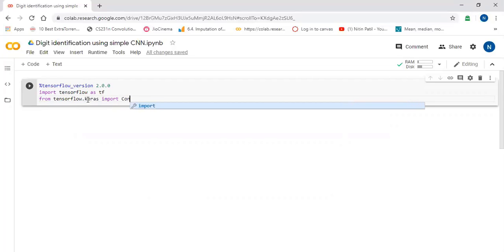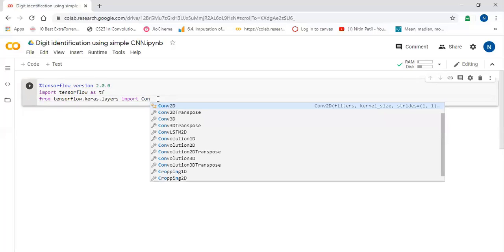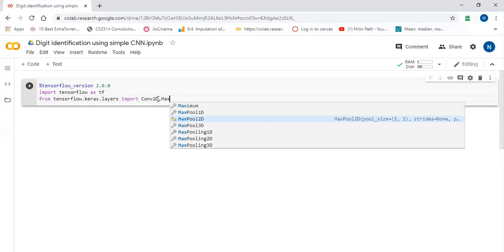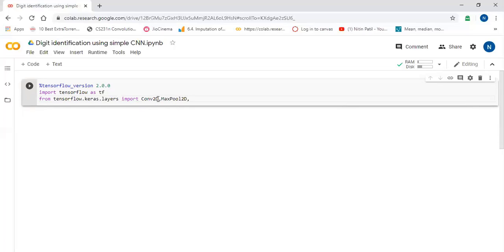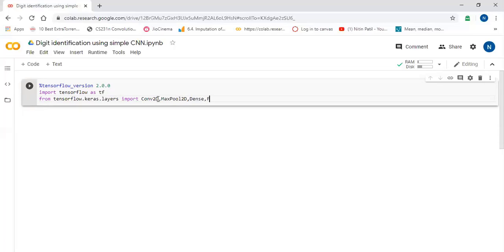We will import keras.layers: Convolution2D, then we will import MaxPool2D. We will import the Dense layer, and then we will import the Flatten layer. We will import the Dropout layer as well.